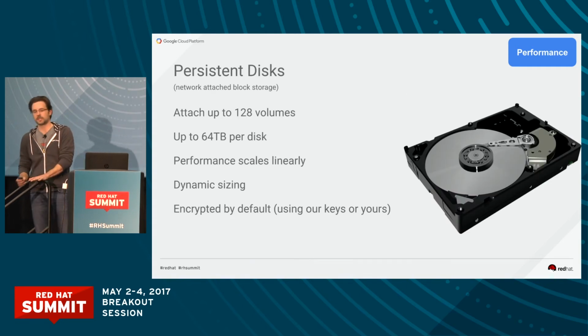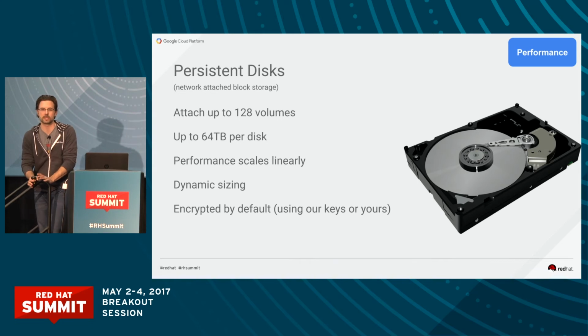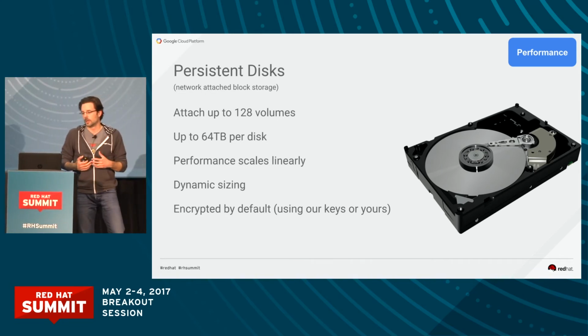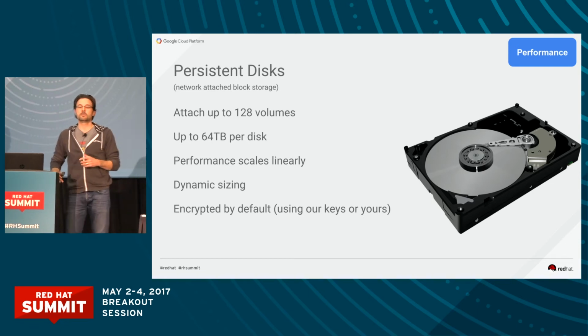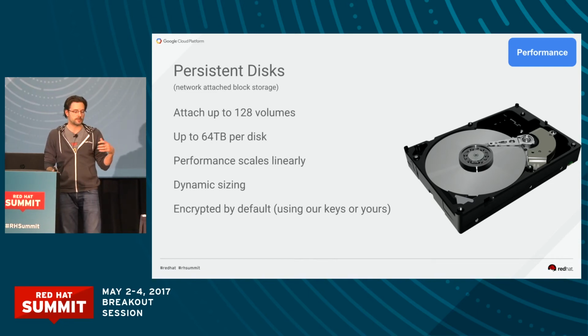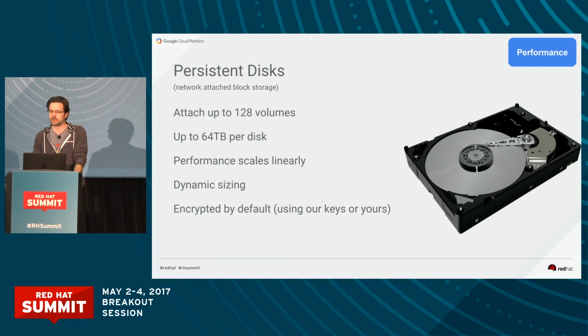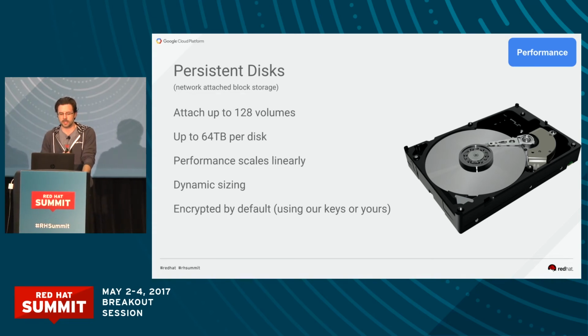Secondarily, persistent disk. So we have a very different, differentiated network on the back. And what that means is you can attach up to 128 volumes. From an OpenShift standpoint, this means you can put very large clusters, right? And the bigger the cluster, the more efficiently you can pack it and run it, et cetera. This is an order of magnitude, probably 2 or 3x larger than any other public cloud. Same with the amount of terabytes of persistent disk you can attach to it.